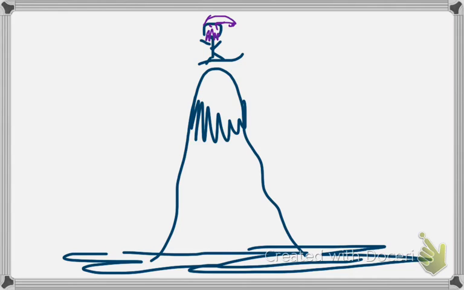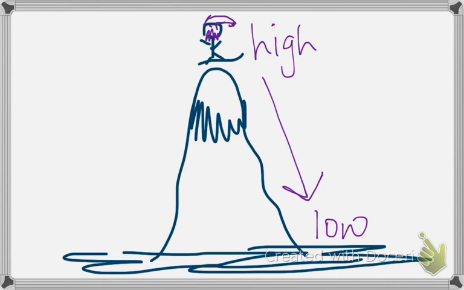So what part of the mountain is he at? We could say he's at the top of the mountain. He's at what type of elevation? He is at a high elevation because he is on top of the mountain. And if he's going to go sledding, he's going to head to a low elevation. So if he's going to go from a high elevation to a low elevation, he is going to go down